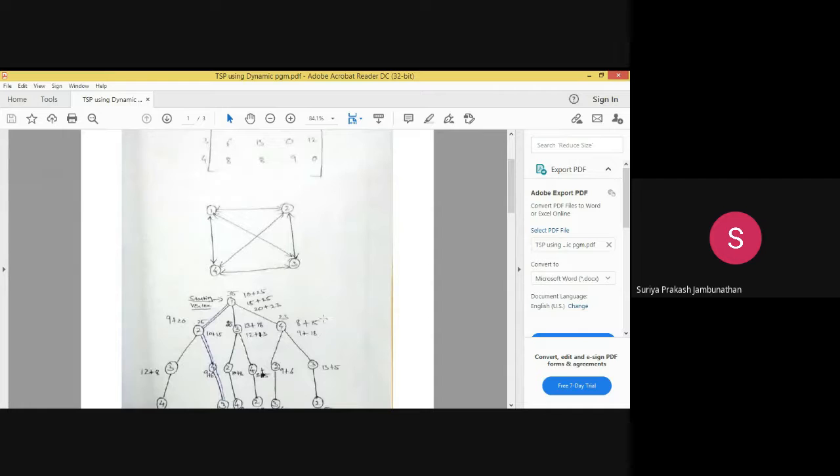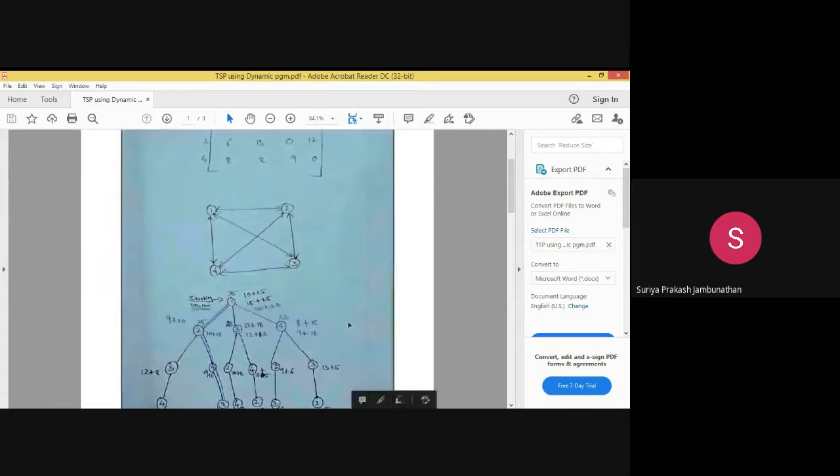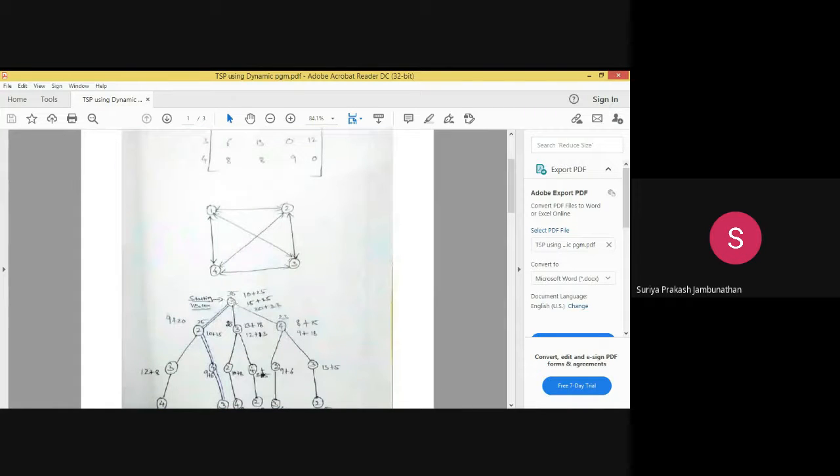So this way we are calculating the layer down to the root layer node values. Let's move to the root node now. At the root node we have three options, via 2, via 3 and via 4. How are we going to calculate this?